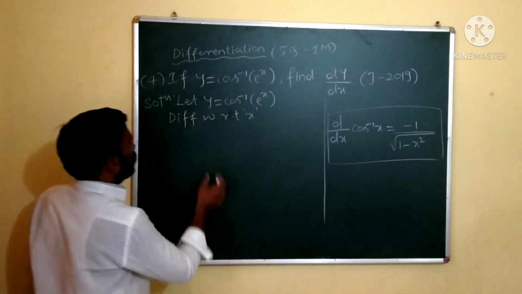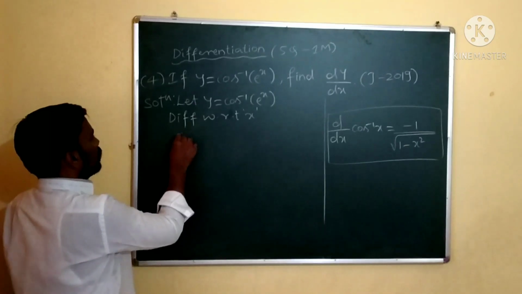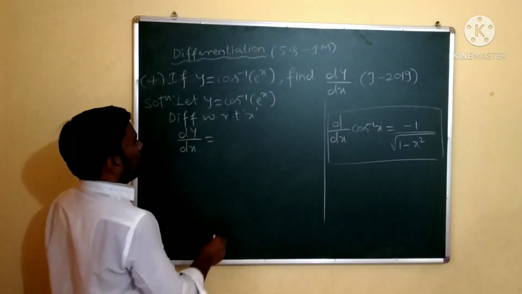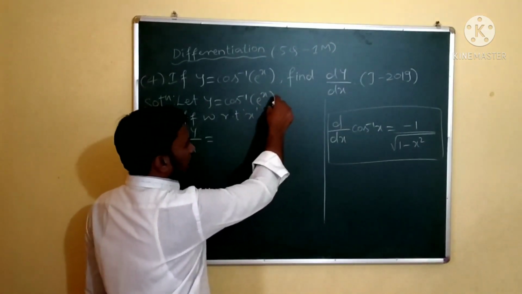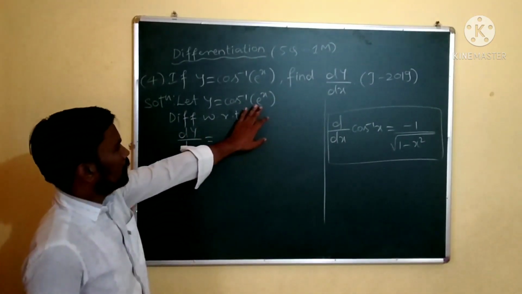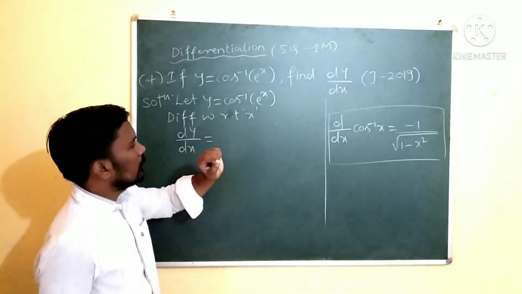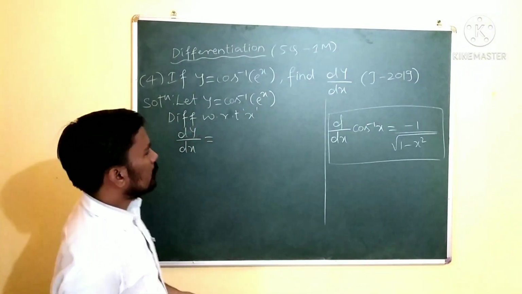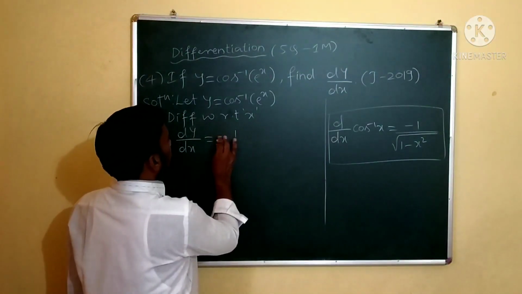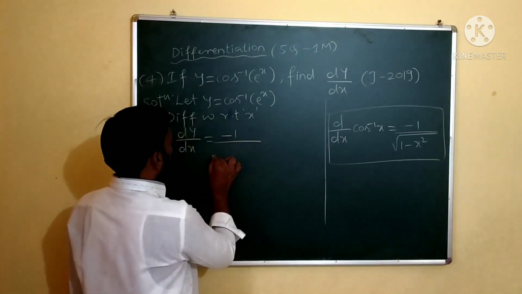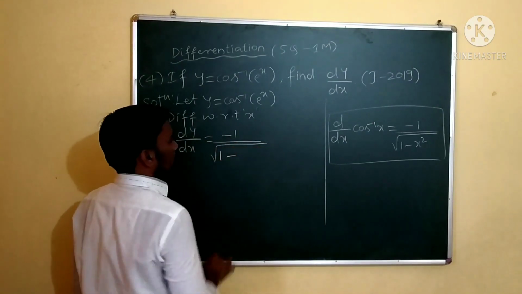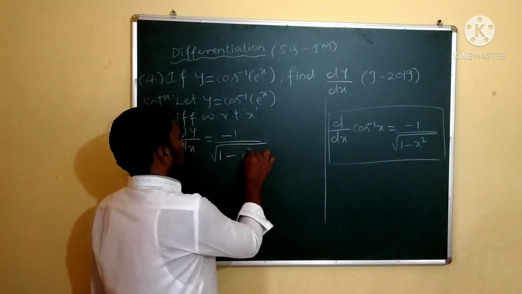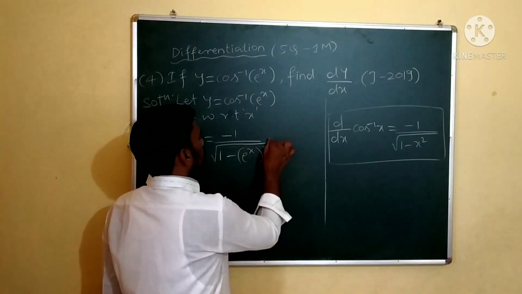So derivative of y with respect to x is what? dy by dx is equal to the derivative of, again let us treat this e to the power of x as simply x. So derivative of cos inverse of x, you know, is minus 1 divided by root of 1 minus x square. So here x is nothing but e to the power of x. e raised to x raised to 2 into